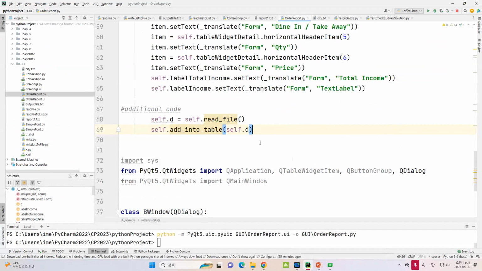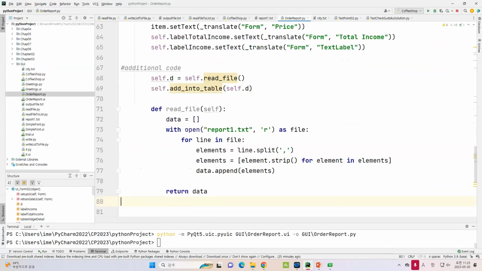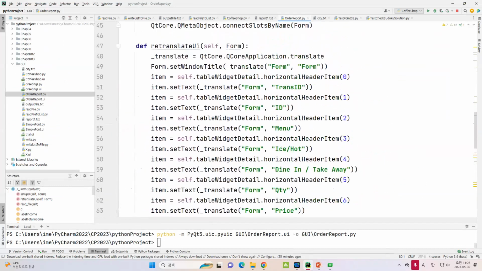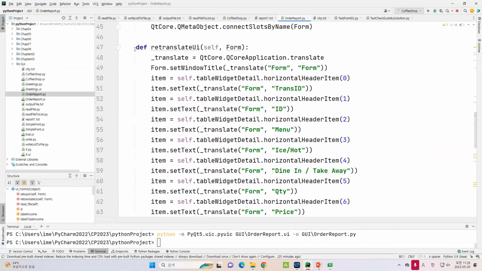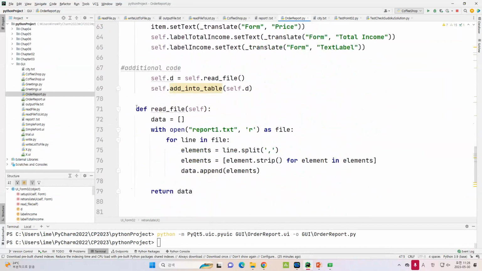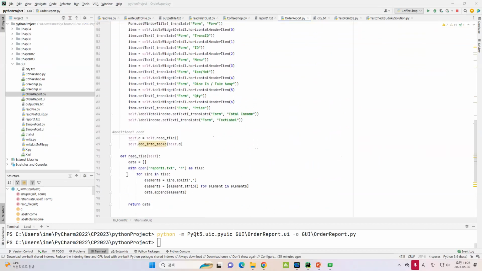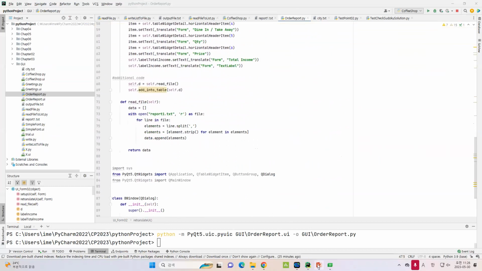So the function should be in the same line with the function of retranslate UI. Okay, so make sure that the line is in the same line. Make sure that the line of this function is in the same line with the read file function. And then please make sure that this indentation is also the same with this indentation. So Python is very sensitive with the indentation. After I have this read file,